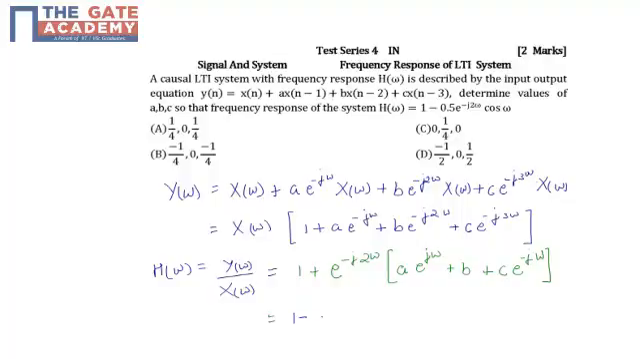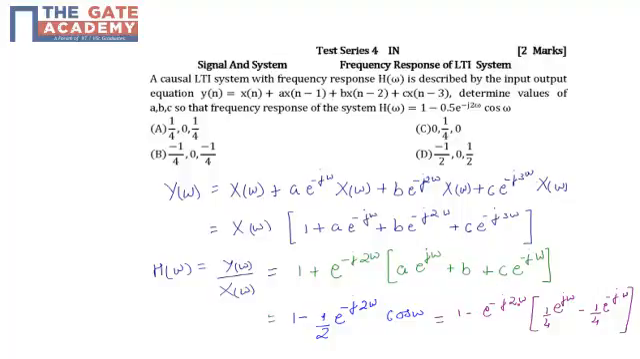1 minus 0.5, so that is nothing but 1 by 2 e raised to minus j twice omega cos of omega. Now if we rewrite this would be 1 minus e raised to minus j2 omega times 1 by 4, this cos omega would be e raised to j omega minus 1 by 4 e raised to minus j omega. Fine. So if we compare this, the coefficients are